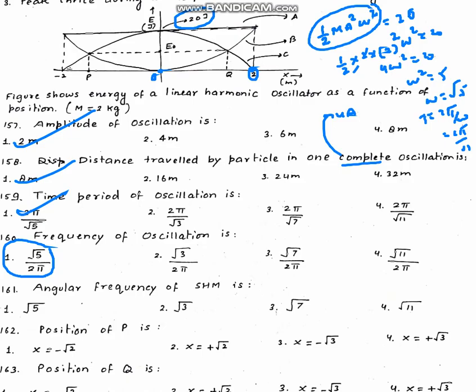So here m is 2 and if we substitute the value omega comes out to be root 5. So time period will be 2 pi by root 5. So it will correspond to first option. Frequency is 1 by T, it will also correspond to first option. Next angular frequency is root 5. Now position of P is, so at P you can see that both energy coincides, it is a by root 2, so which